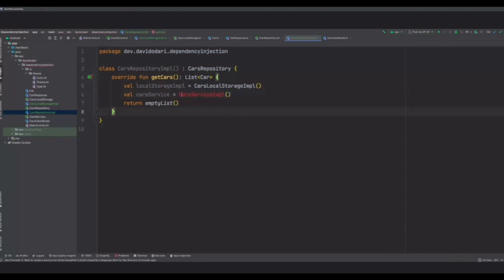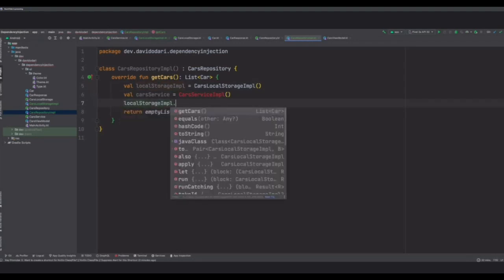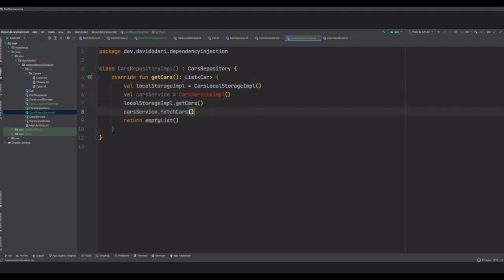But this works, right? We would be able to access whatever we want. We can get our cars from the local storage. We can do car service, fetch cars and do whatever we want and return our list of cars. So the thing is, every time you use this repo, it has these objects created inside of it.